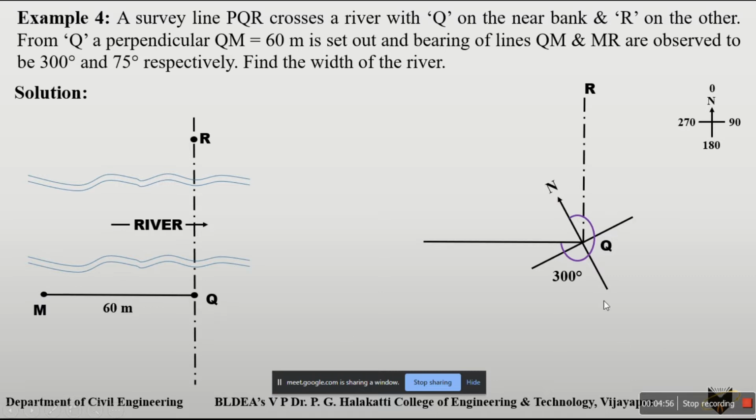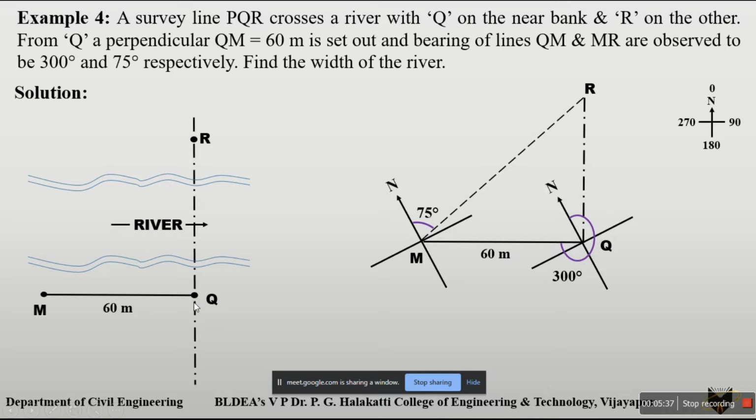Then coming to the next point M, again we fix the compass instrument. Initially we considered the north line here, and with respect to the same north it will not change. Now we have to measure the 75 degrees from the north line in the clockwise direction. Now I measure the 75 degrees, then I bisect the M to R point, then I join the M to R point. Clear?